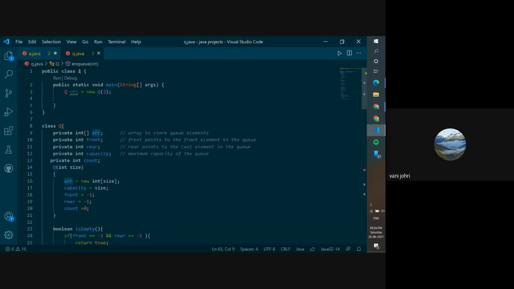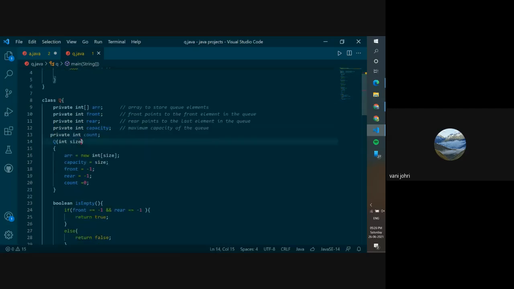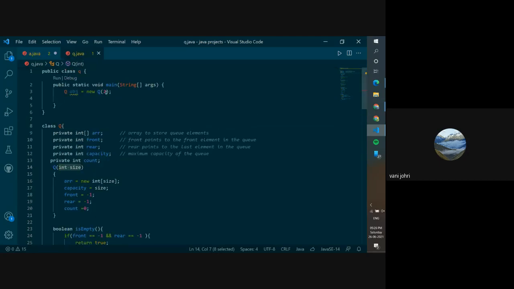So we made another class, which is small q, and we made the object. We said q object equals new q, and we send this number 2. Why are we sending this? Because the constructor takes an integer. If I do not write this 2, it will give me an error. See, it is giving me an error. The constructor q is undefined. Why? Because the constructor we have defined is with an integer. So I need to send a value, and this is going to be the size of the queue. I'm just taking it as 2 so that it's easier to show you guys all the scenarios.